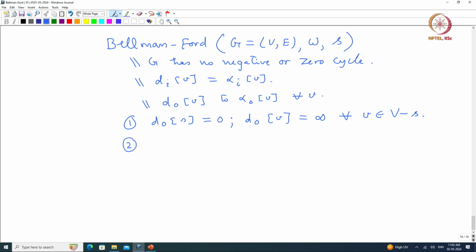Now, the second step will be the for loop. For i equals 1 to n minus 1. So, I am going to compute, when i equals 1, the D1 array, for i equals 2 the D2 array, and so on. Okay. So, for i equals 1 to n minus 1, D i V equals D i minus 1 V, and then we are going to check